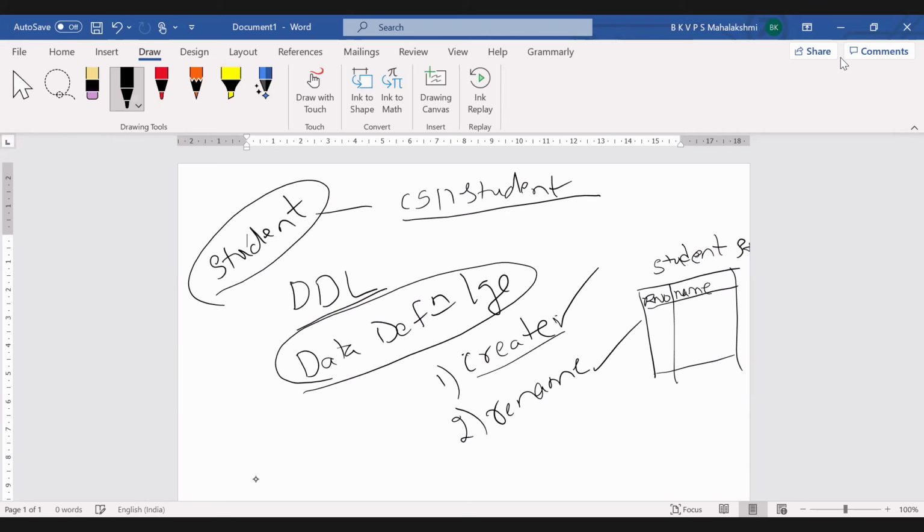While creating the table, if you have given only these two attributes, and next time you want to modify the structure of the table, and you think CGPA is a required attribute for the student table, then you have to add it. So you are going to alter the structure of the student table. That is possible with the alter command. Maybe the attribute name is CGPA.